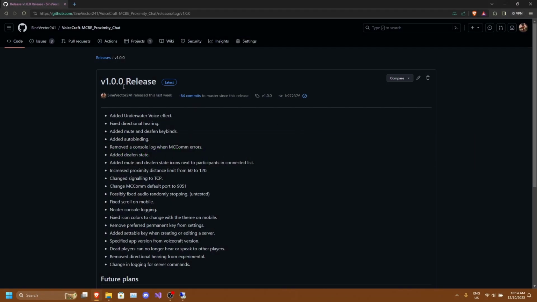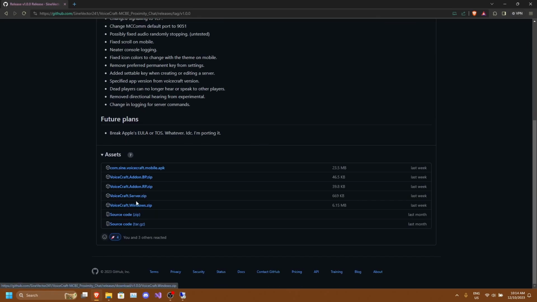So for the client side, what you need to do is navigate to the same release page. In this case, it's the v1.0.0 release. I will be leaving a link to this in the description below. Then scroll down and download the appropriate version of Voicecraft.